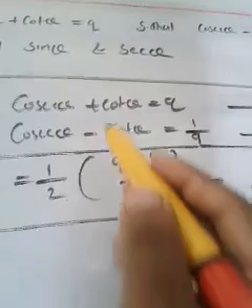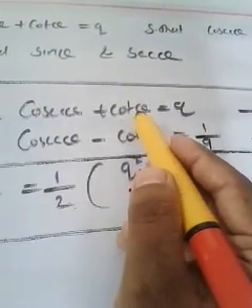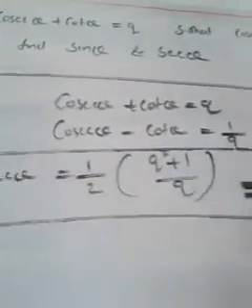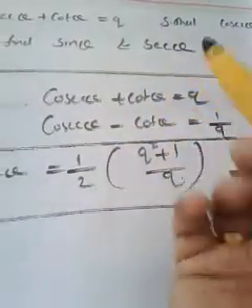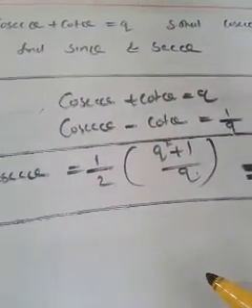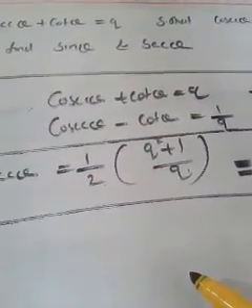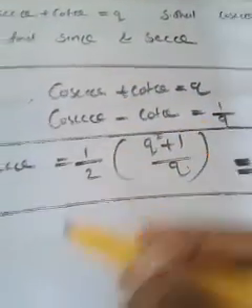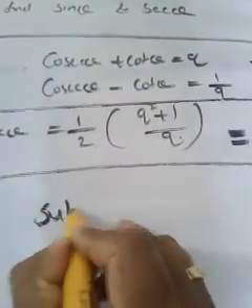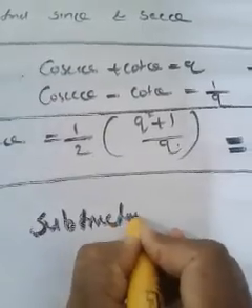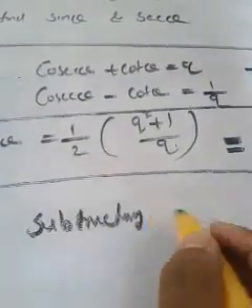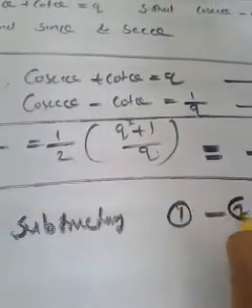And then how can we find the value of cot? If you want, you can substitute the value of cosec in any one of the equations and find out the value of cot, like how you solved linear equations in two variables. Otherwise, instead of adding, you can subtract. I'm going to do the subtraction. Are you following me? So first equation minus second equation.